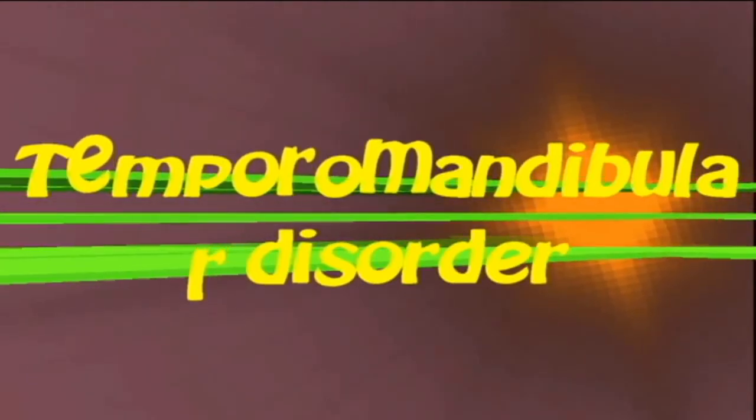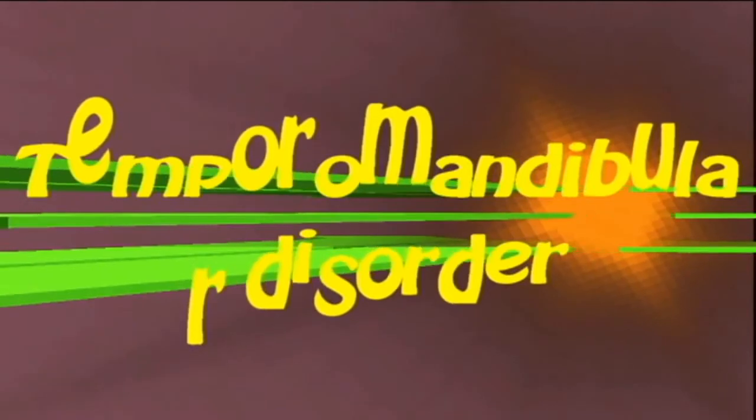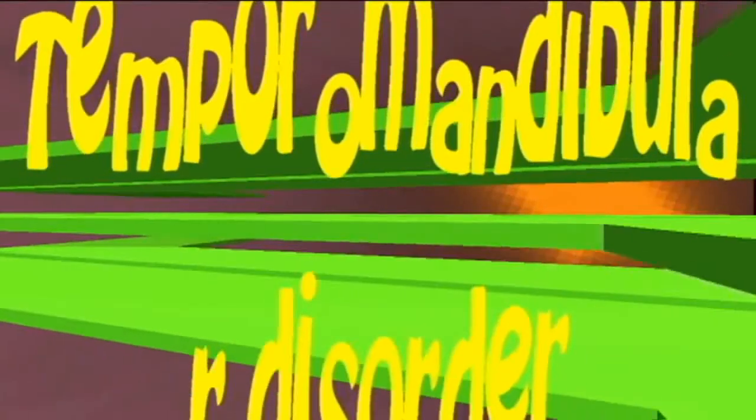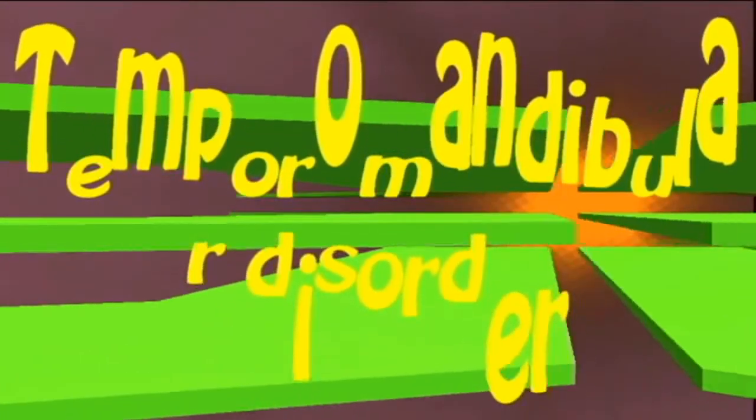Temporomandibular disorder, or TMD, is a musculoskeletal condition that primarily affects the joints that connect the jawbone to the skull. People with TMD may experience sharp or dull jaw pain that radiates to the ears and temples. Other possible symptoms of TMD include clicking, popping, or grinding noises when moving the jaw, difficulty opening the mouth fully, the jaw locking when opening the mouth. TMD is not usually serious and tends to get better on its own.